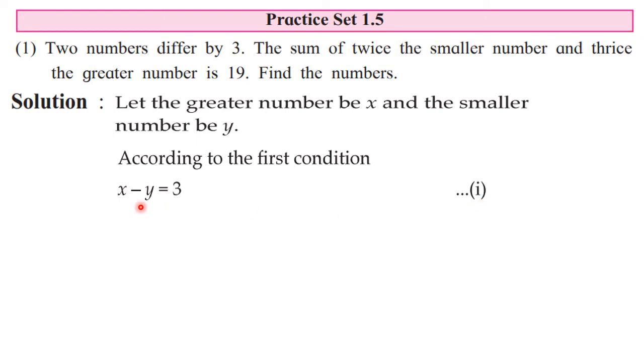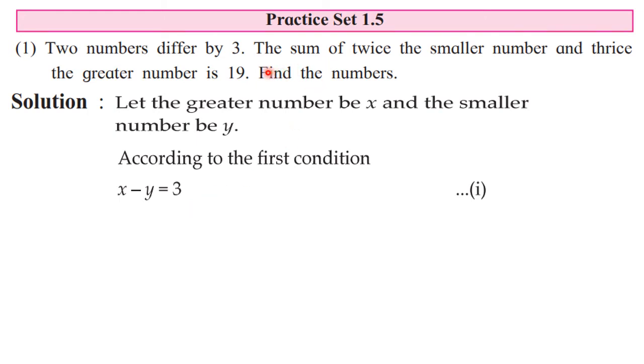Now while numbering the equation, what you have to keep in mind is you will always number the equation which is in standard form, that is ax plus by is equal to c. Okay, because for solving it by any method, either by equating coefficient method or by Cramer's rule, any method you can use, but you need a standard form. That is why you will number the equation when it is in standard form. Don't number it in the beginning only. First convert in standard form and then only you number it.